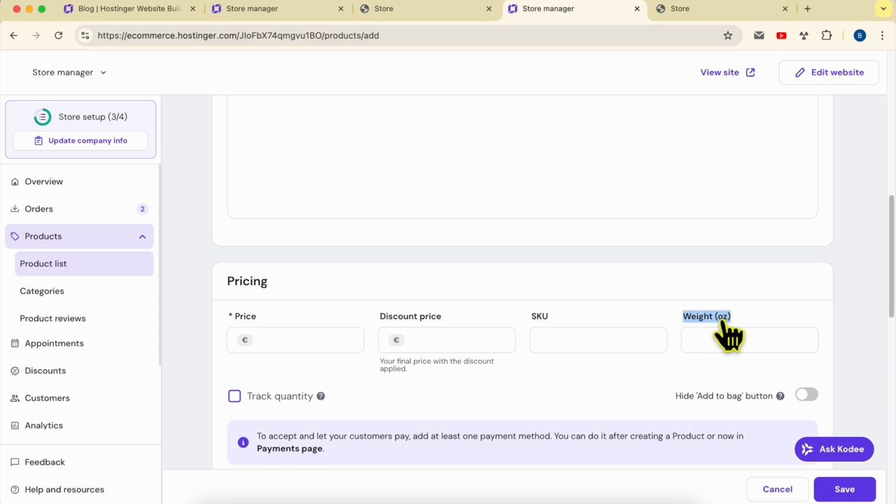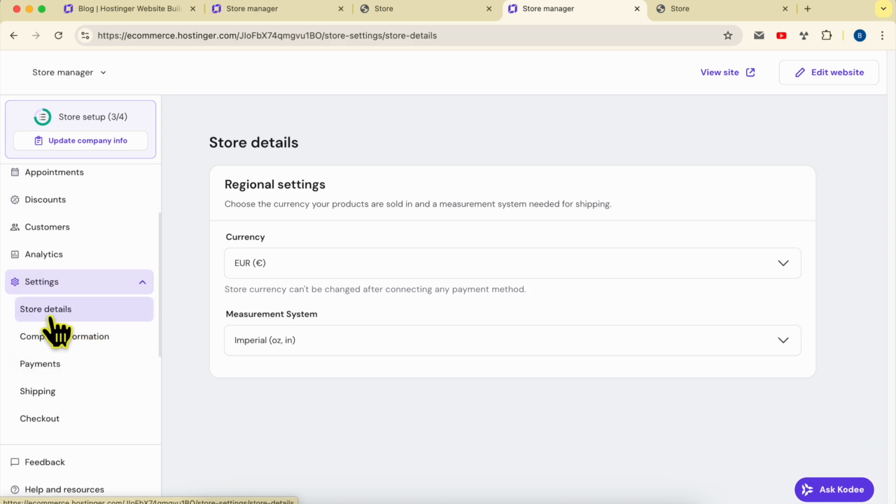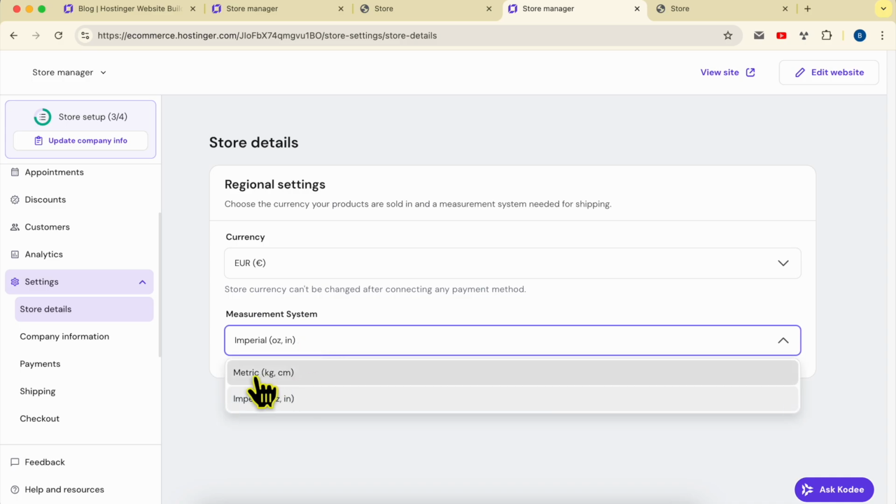Okay, how to change this measurement system from the ounce to the kilogram, for example, or the opposite? Simply click on settings and make sure you are in the store details, and here below measurement system you can select a different one. For example, you can switch from the imperial ounce and inch to the metric like kilo